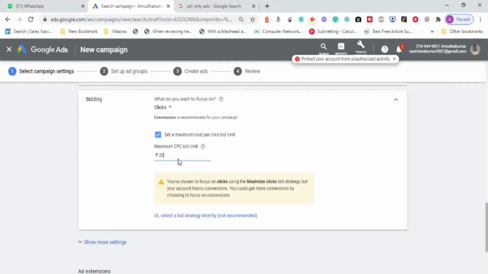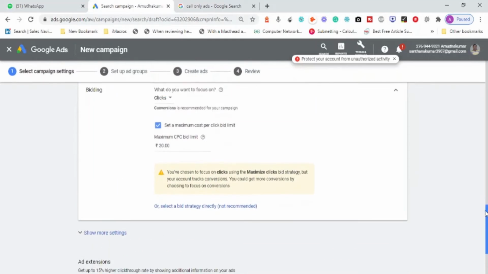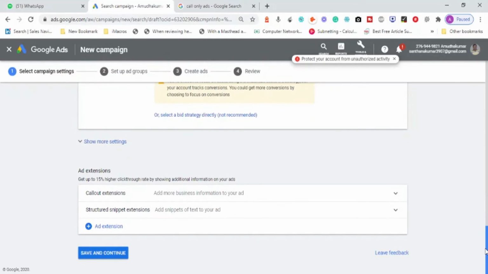That is a little bit of a drawback here, but still, we need to do it. We can run a campaign with our budget or CPC limit. If the campaign is not working, we can increase it a little bit and see where it is working. That is the best option we have. So that is all about the bidding.